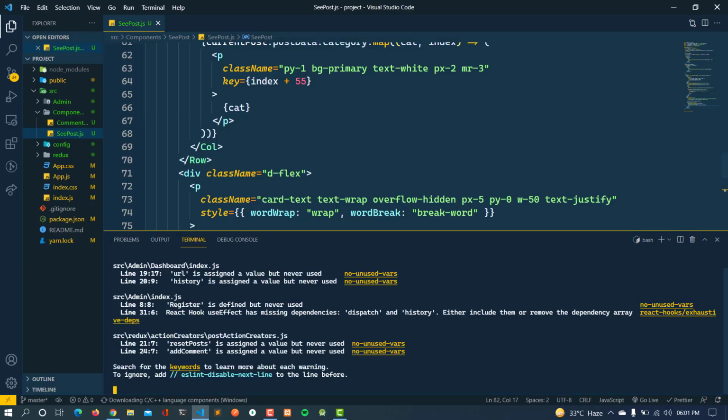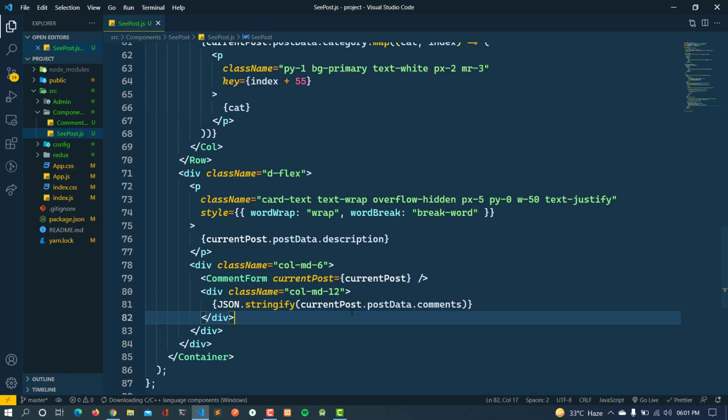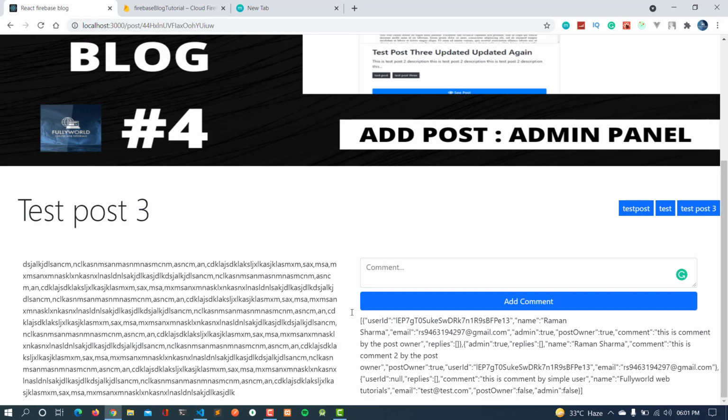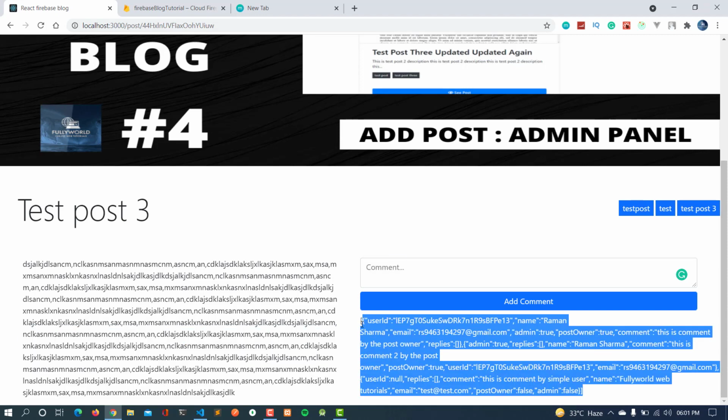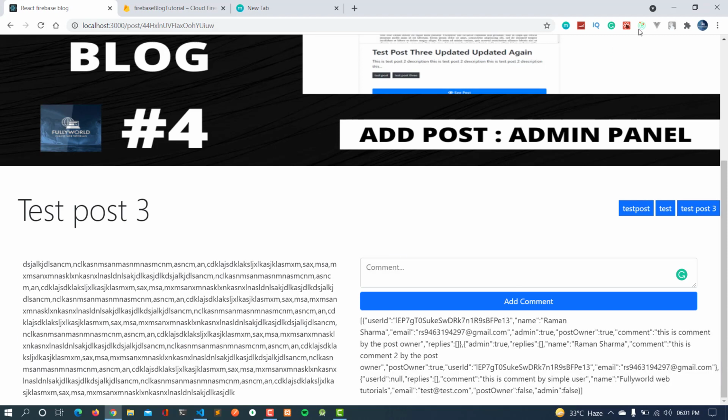I saved it successfully. Yeah, see that here we are getting an array of comment objects, having all the objects that we have in the post also.